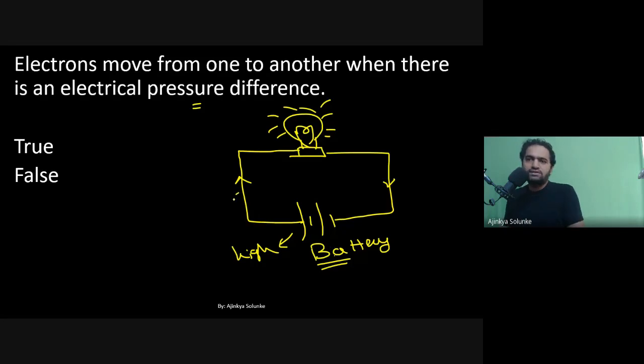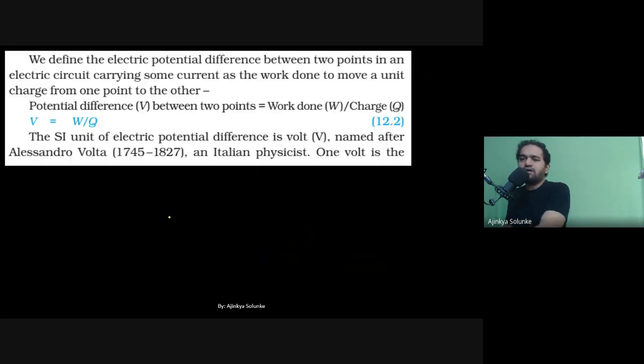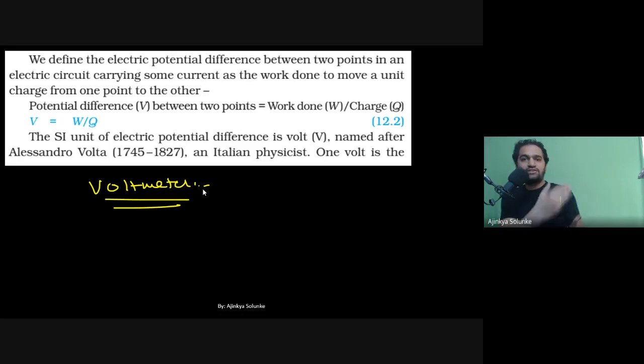Please remember this. And one more thing: we have to understand two features of the voltmeter, but we will see why this is so in later periods. We are going to memorize two features of the voltmeter, but we are not going to see the explanation right now. We will see it when we study series and parallel circuits. The first feature is that it has high resistance. Just for now, remember it.